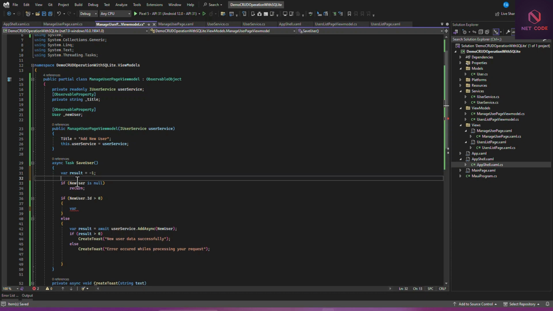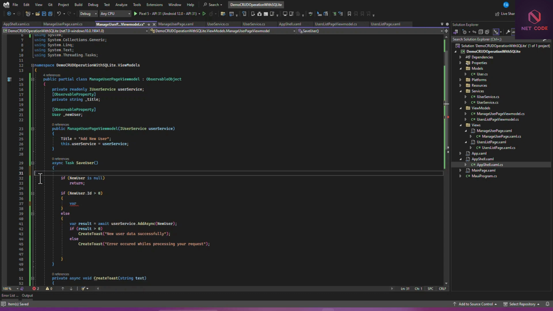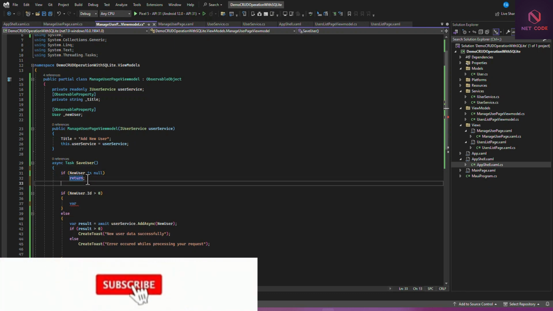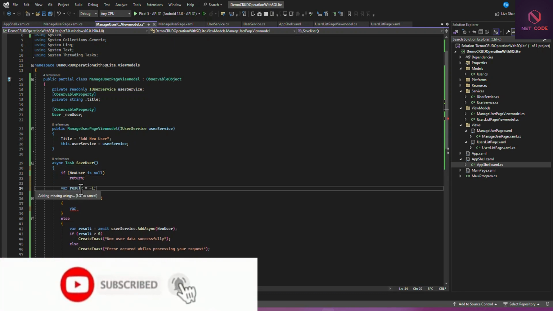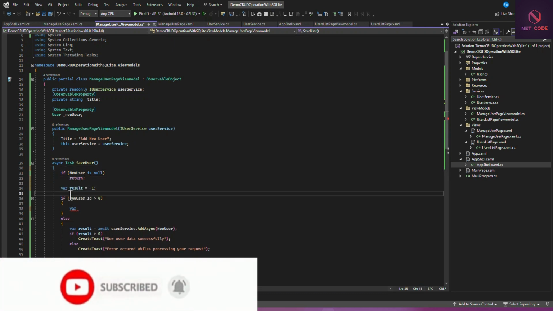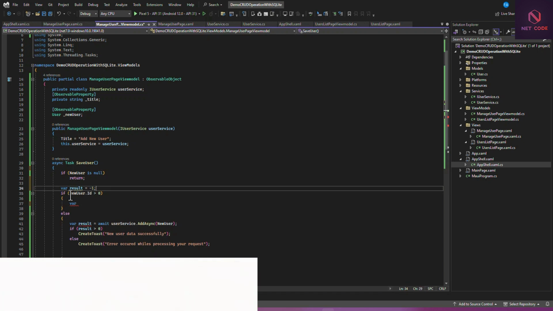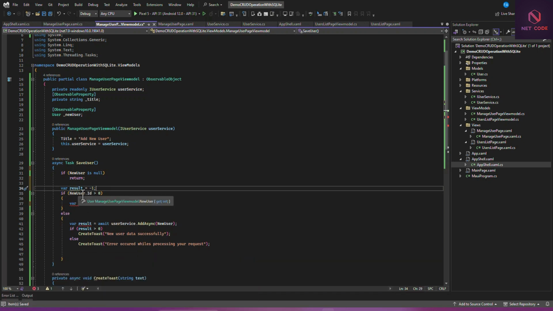Now, first of all, we check. So let's check if the model is valid before you initialize any, in order not to waste memory. So we put it here. Then result is equal to -1. So here, if user here is greater than 0, then